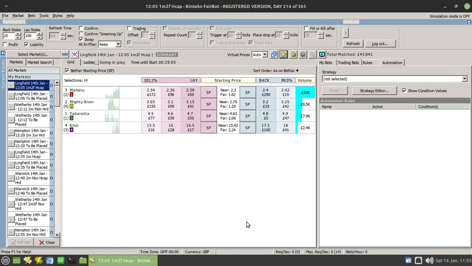Hi there. In recent videos and posts, I've talked about various strategies that involve monitoring the markets before the event starts, and sometimes monitoring that market for quite a length of time. So this may be an apt time to talk about the two different connection options you have that allow Fairbot